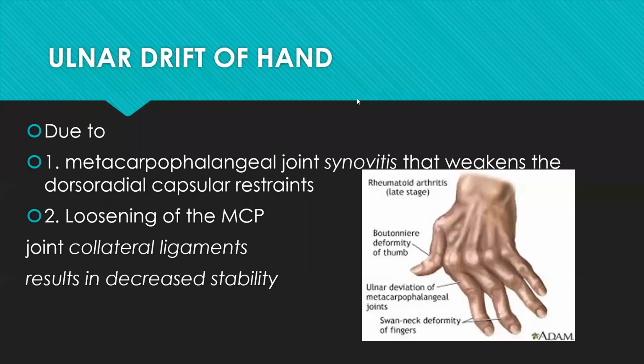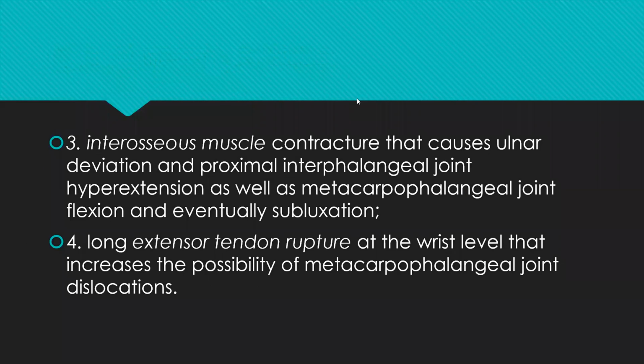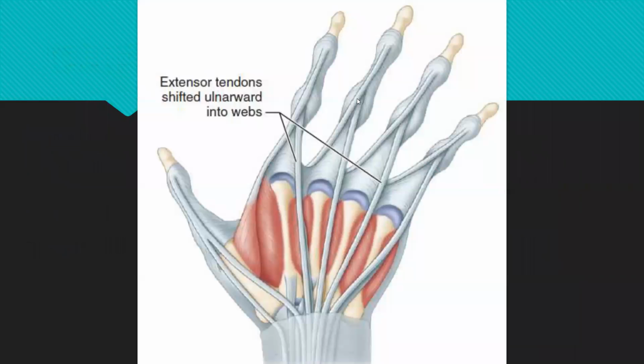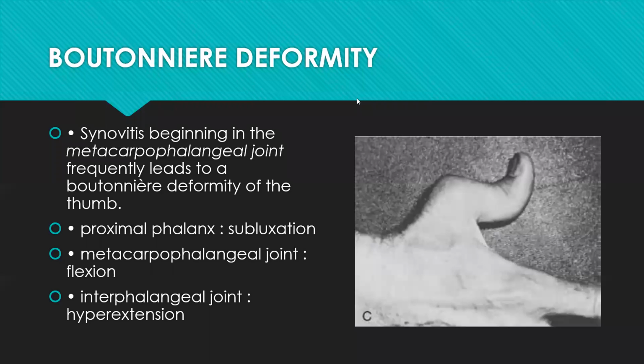This image shows everything: MCP flexion, ulnar deviation, PIP hyperextension. This is called the ulnar drift, which is seen in long-standing rheumatoid patients. In severe long-standing cases, other soft tissue changes may also occur. What you are seeing here is that the dorsal extensor tendons are all getting subluxed towards the ulnar side. They come to lie in the groove between the metacarpals, so that their effectiveness will eventually be lost, and they will go for secondary deformities.